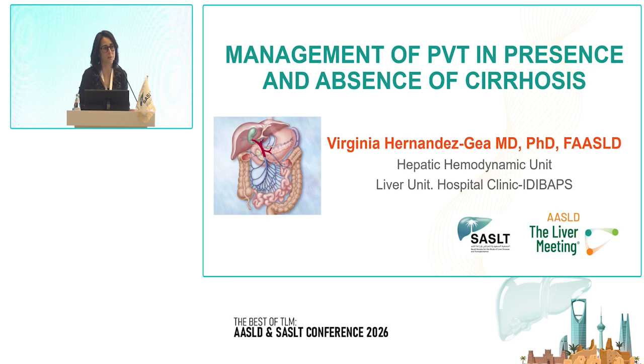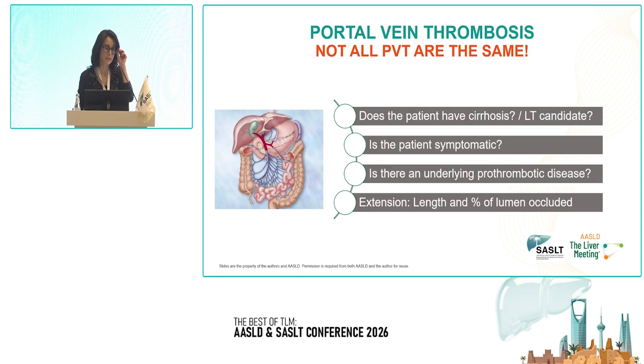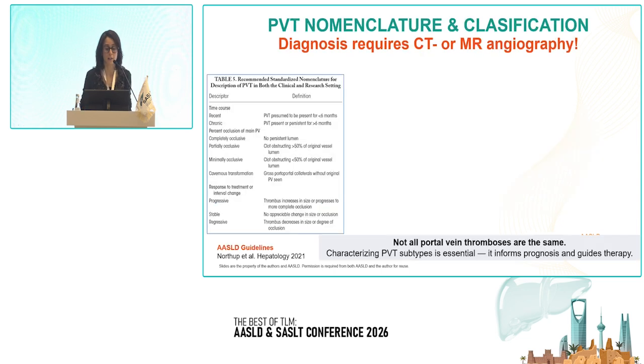So you asked me to cover both the presence and the absence of cirrhosis, and this is a very important point, because when we have a patient with portal vein thrombosis, we know that not all portal vein thromboses are the same. So it's not going to be the same management if the patient has or not cirrhosis, if the patient with cirrhosis is or not a liver transplant candidate. Symptoms are very important. If we have a chronic PVT or something that is more recent, if there is an underlying liver disease, and how extensive is this portal vein thrombosis, those are things that really matter in the